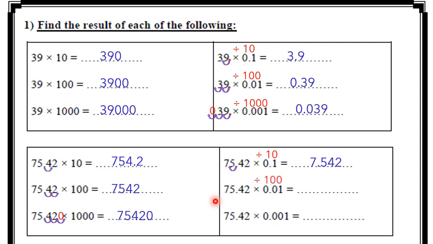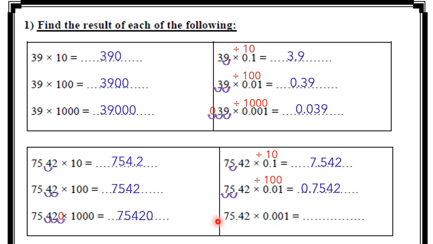This is a crazy decimal. This means divided by 100. As I know, divided by 100, I'm moving to the left 2 places, that means I'm moving 1, 2. So the answer will be 0.7542. The next,